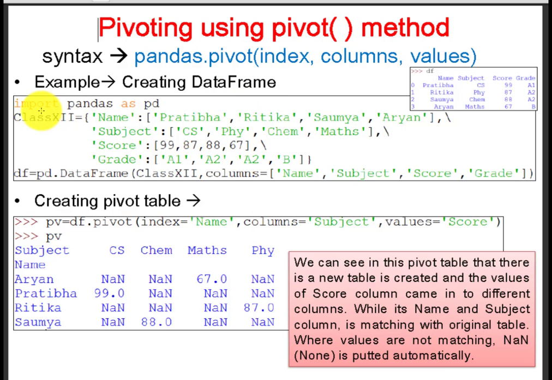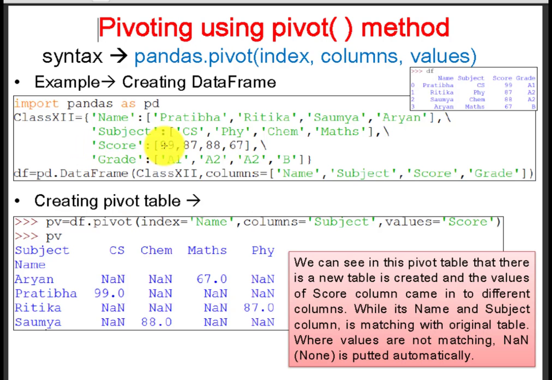So look here. First you have to simply import pandas as pd, and this data frame I am creating for the class 12th. First I create the dictionary, class 12th equal. First I have a name column in my data frame, so name, and this is the list of all names. The second column is subject, and the list of subjects I will assign into the column,